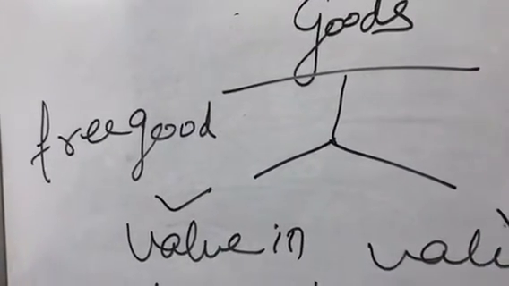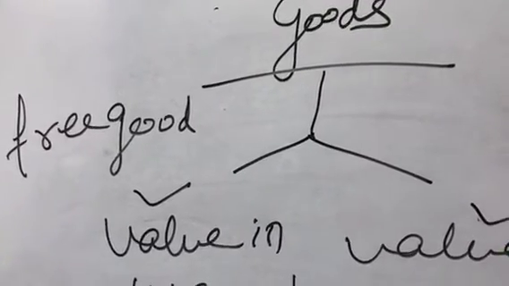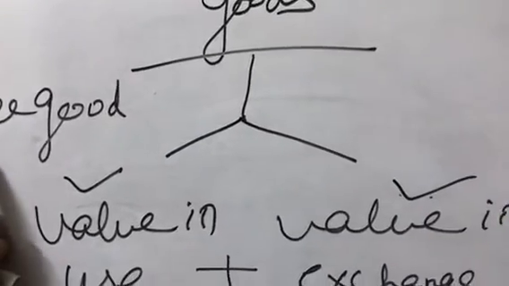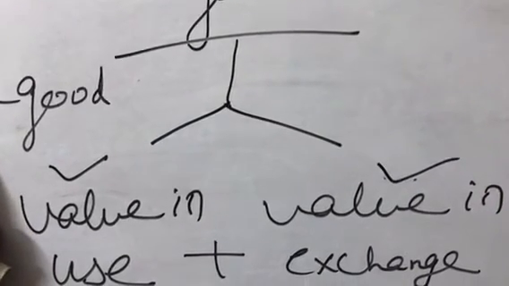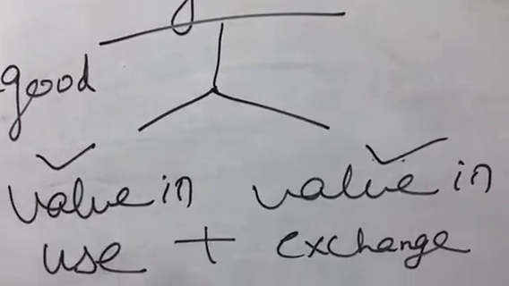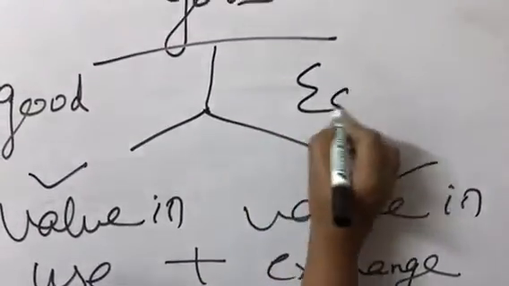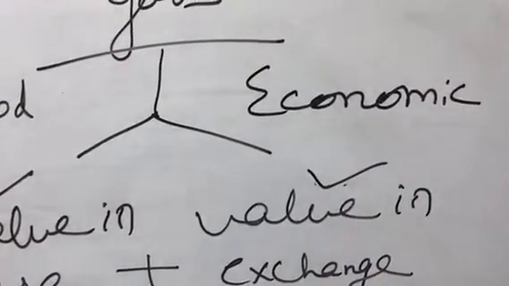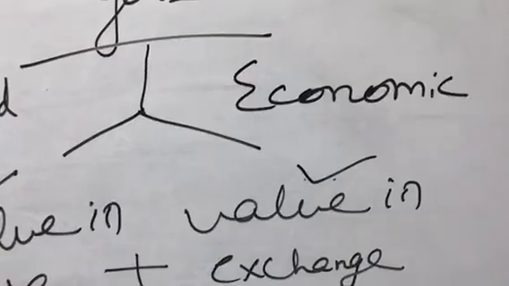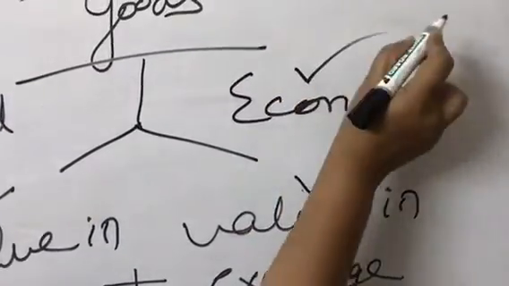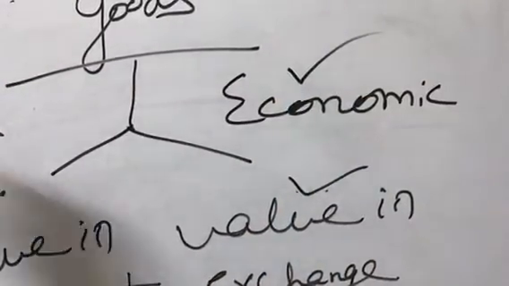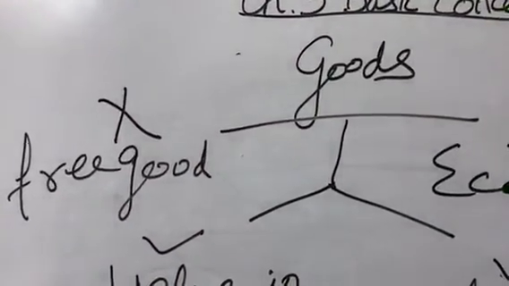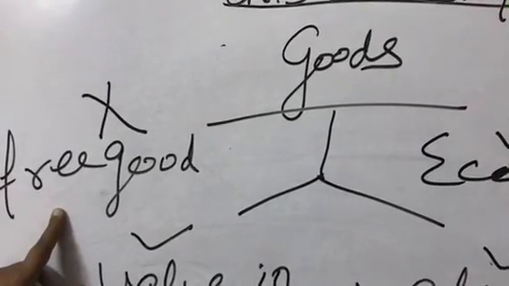So today we have discussed the meaning of goods which are to be studied in economics. On that basis, we have seen that one is a free good, which is also called a non-economic good, and the other is an economic good. Why is it called an economic good? Because it has both things, value in use plus value in exchange. And in economics, we study only the behavior and examples of economic goods. We don't study anything which is given to us by nature free of cost, which is called a free good.